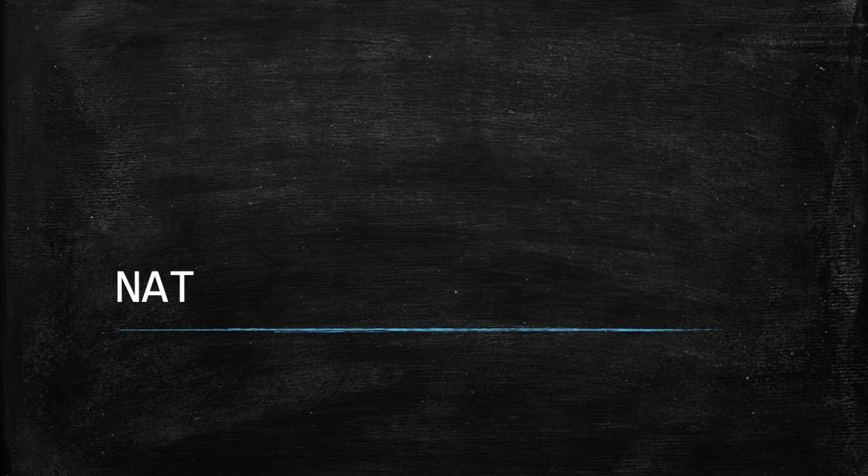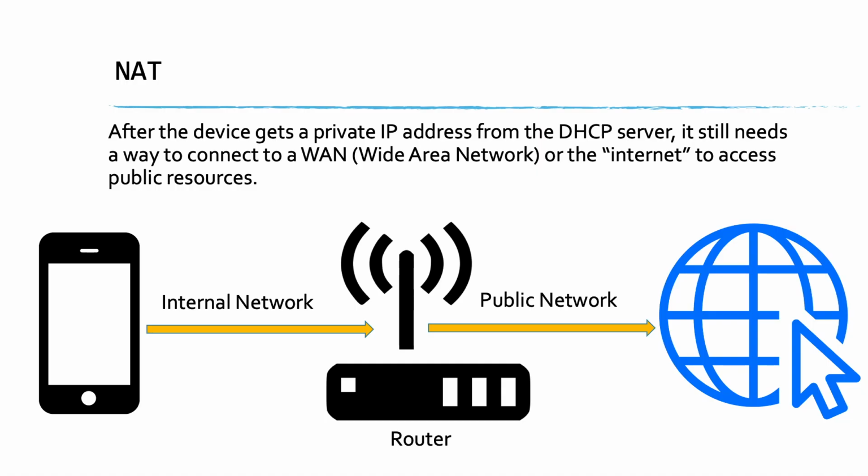Okay, now let's talk about something called NAT, which is short for Network Address Translation. So after our device gets a private IP address from the DHCP server, we still need a way to connect to the wide area network, or the internet. So here in this picture, our phone is connected to the internal network, to our router. All right, we got an IP address with DHCP, and then the router is going to help us connect to